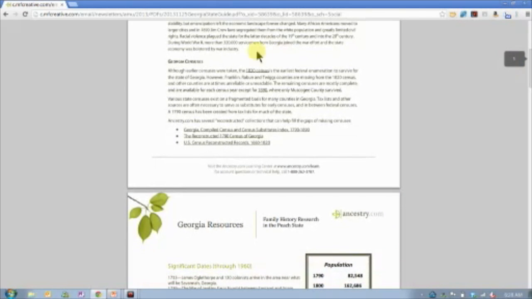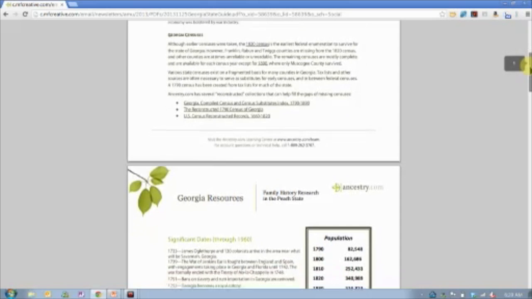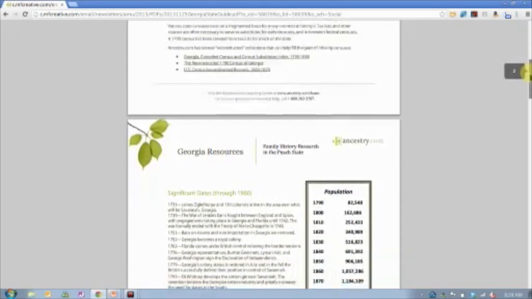We then provide you with some information about some of the basic or most foundational records in genealogy, in this case, census records. So we talk about when this particular location started being included in the U.S. federal census, if they're ever missing from one of the federal censuses, or if there's any kind of census substitutes available for that location. In many cases, those census substitutes are going to be tax lists, which are super valuable